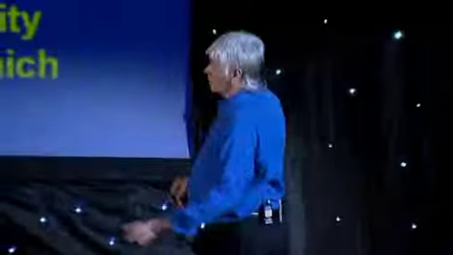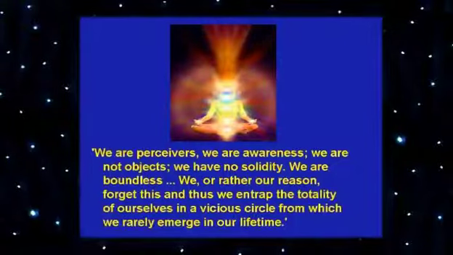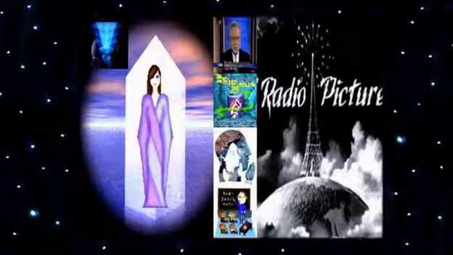Don Juan, I think his name was, the shaman source of the Carlos Castaneda books, is quoted as saying this: "We are perceivers, we are awareness, we are not objects, we have no solidity, we are boundless, we, or rather our reason, forget this, and thus we entrap the totality of ourselves in a vicious circle from which we rarely emerge in our lifetime." And we don't do that because we're not meant to. Society is structured to keep us there. And these influences